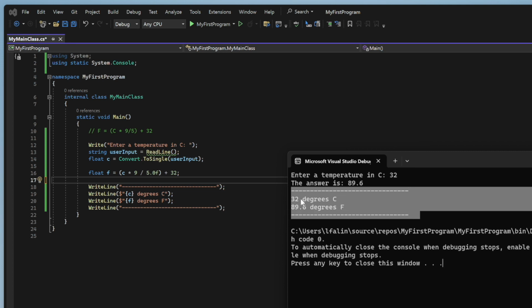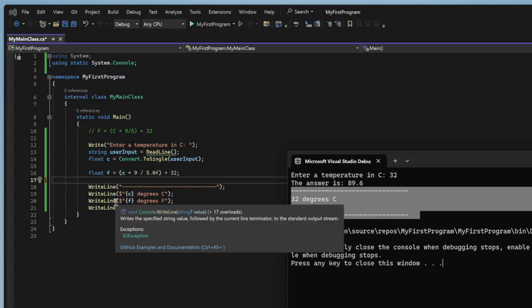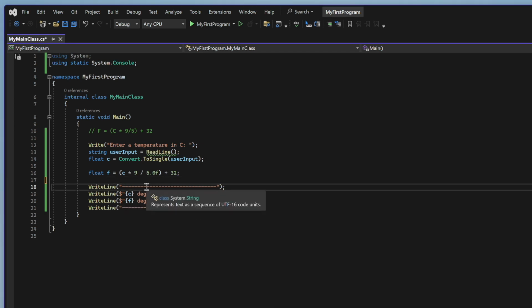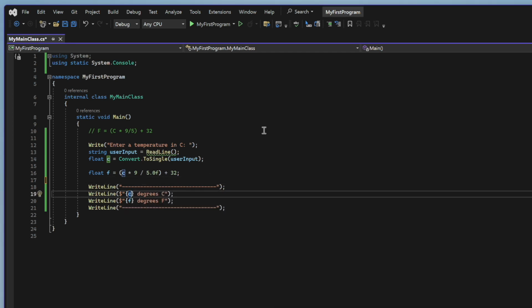But one problem is we don't have these lined up. And so we're going to use our alignment and formatting specifiers here. So first of all, I want to right align these numbers into a column, let's say that's 3 spaces or 5 spaces wide. And so to do that, next to the variable inside these braces, we are going to just put (5). This is how wide we want that column to be. And so when I run that,